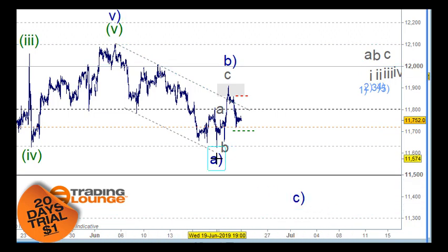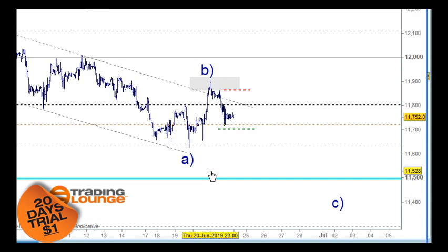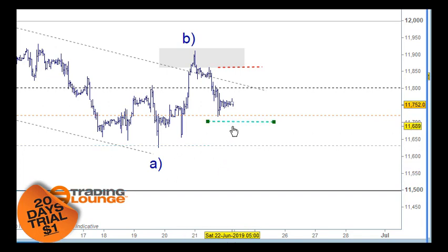So wave A should have some sort of relationship to wave C here. So this move in here is corrective here. So we should take out these lows here, okay? And it has pulled up to its 61.8% mark here. So we can go short. Obviously, the 72 here is the support, but we should go lower from there.